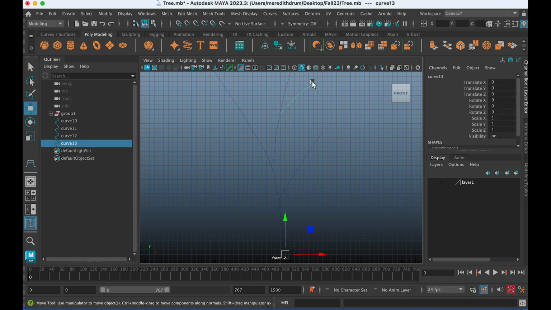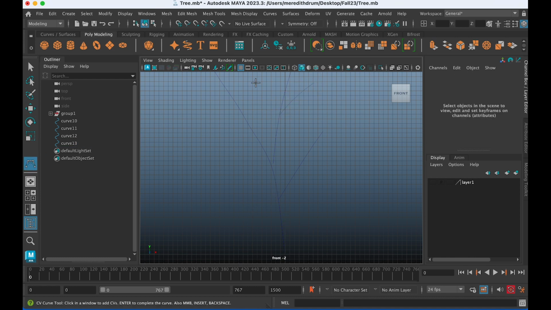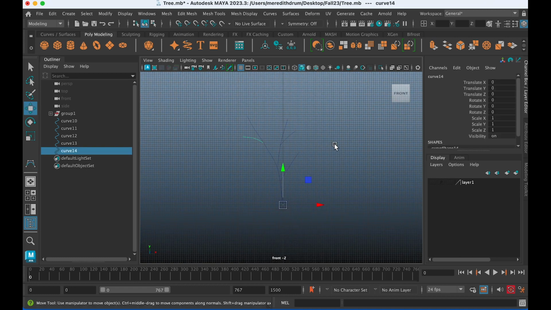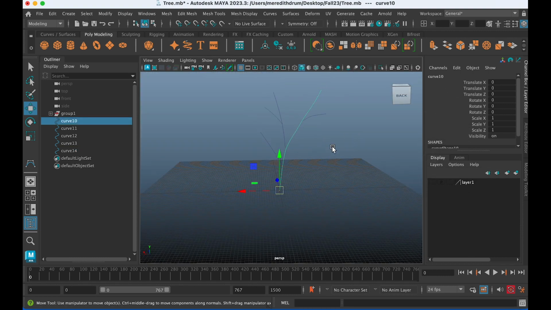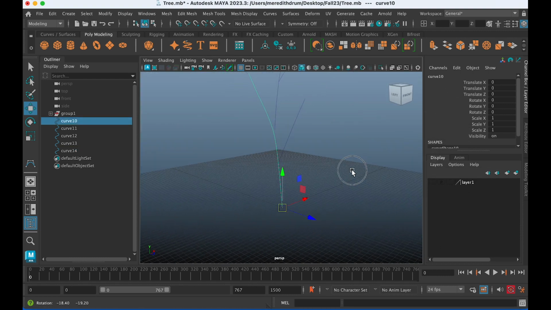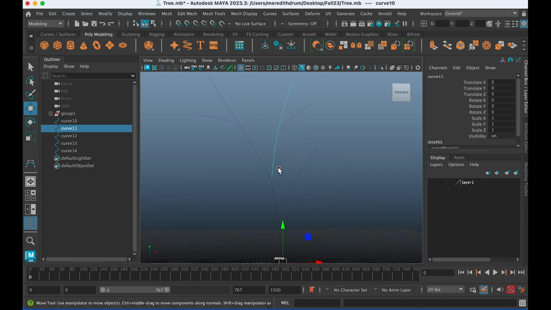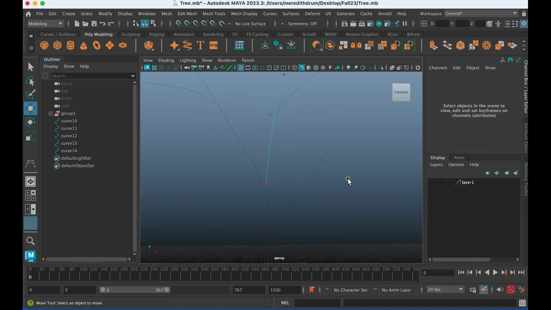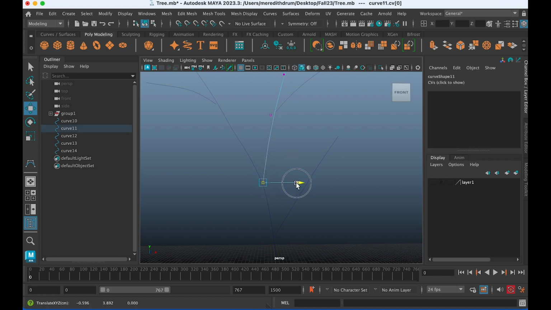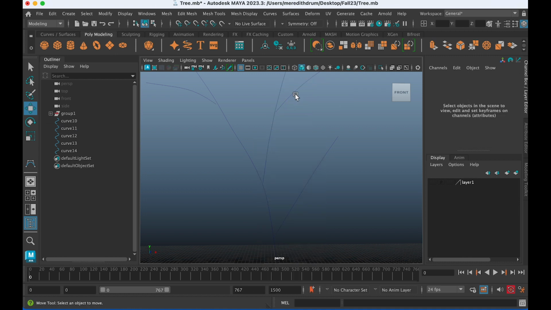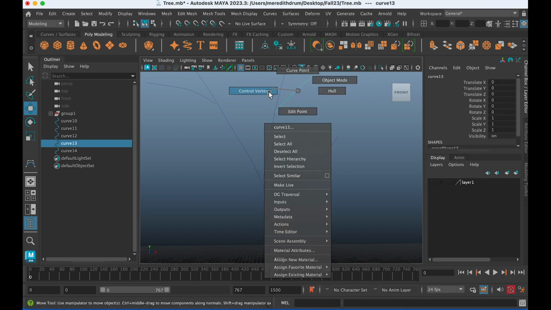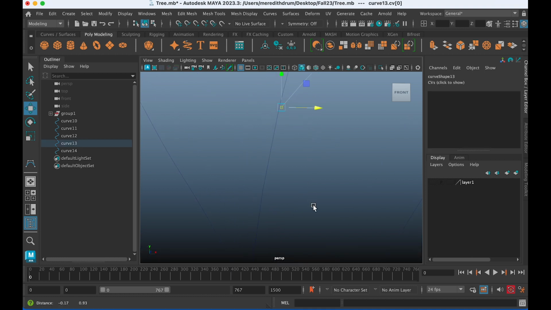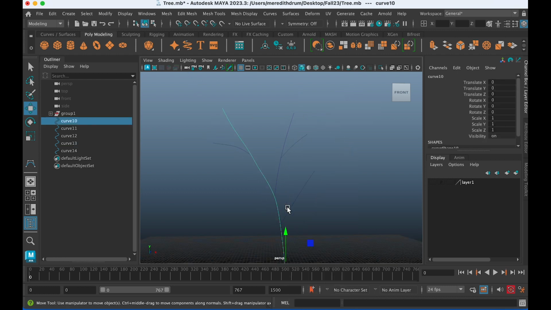I'm not going to make mine too complex right now, just to show you all, but just to kind of begin to show how this will work. So then let's take a look at, we'll do the main branch first. Hopefully you can see those. You can also edit your lines before you add the mesh sweep if you wish, by holding right mouse click and hold on the line, and use the control vertex. It's a little bit like using the vertex function in meshes, in polygons.